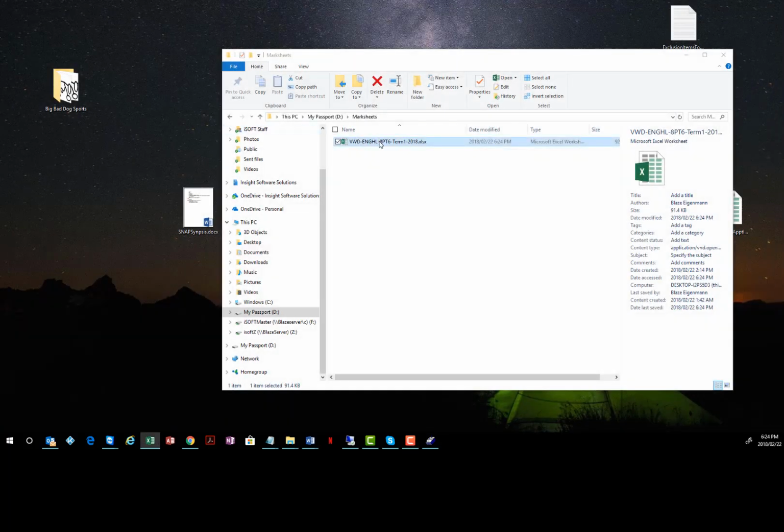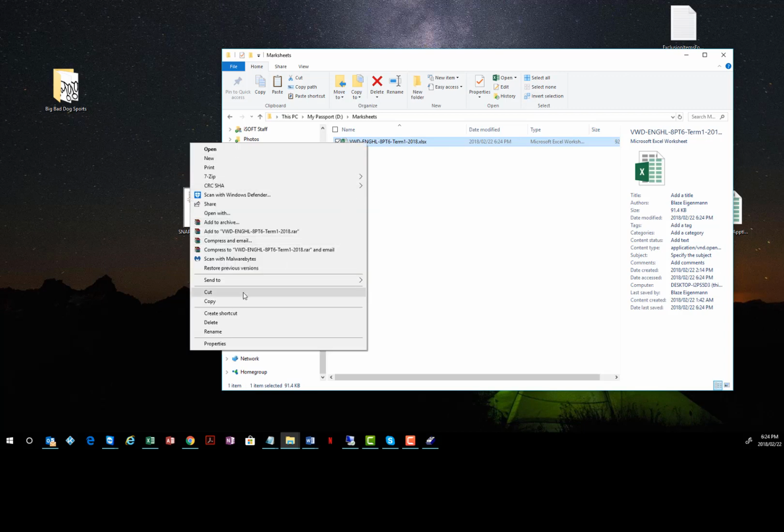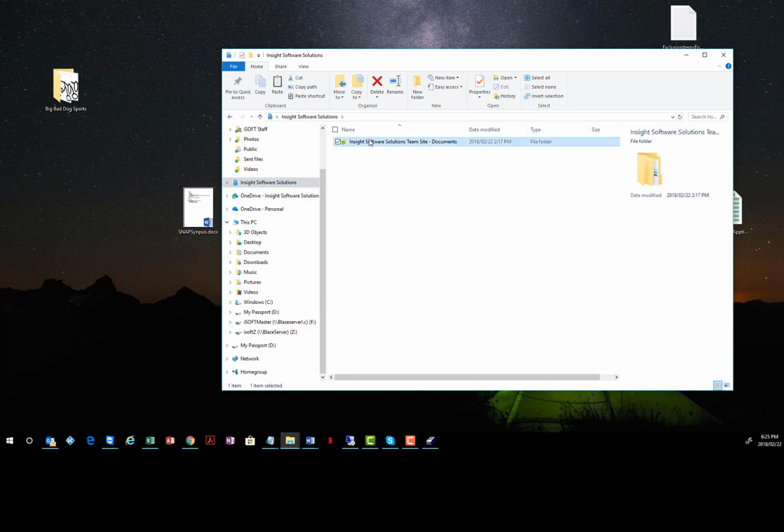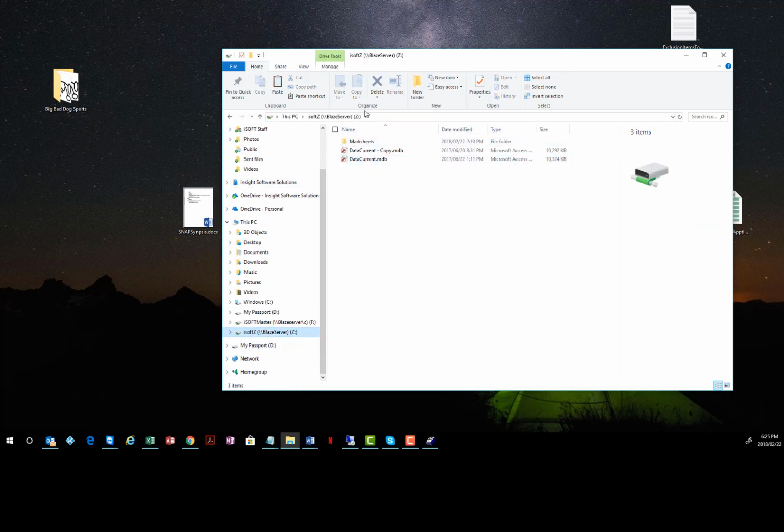Okay, and then close. Now you've got your flash drive, you go back to school. And so I say what's nice about the cloud folder is you work on it and you leave it there and it's already at school. So you go Control C or right click copy, and when you get back to school, you go to your server location, which, as I say, for some of you might be the shared drive, something like this. And in there, in the Marksheets folder, or on your shared drive, there should be a